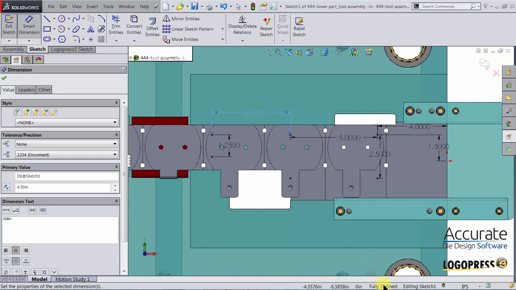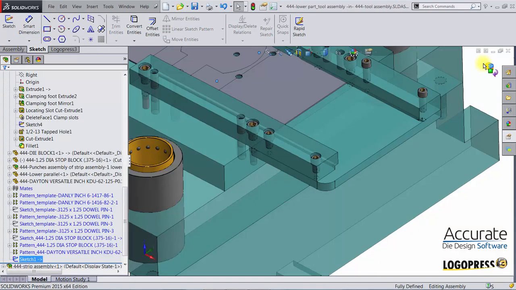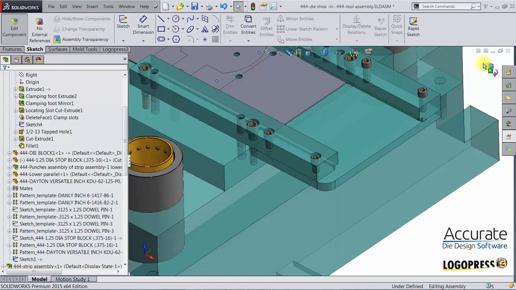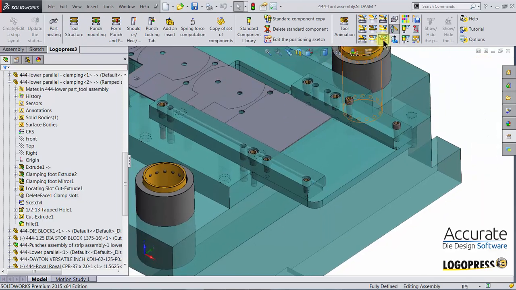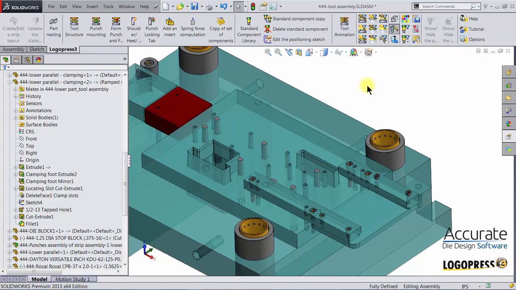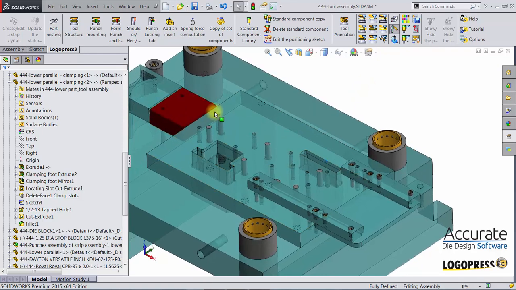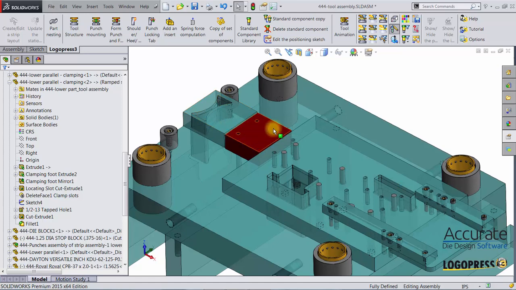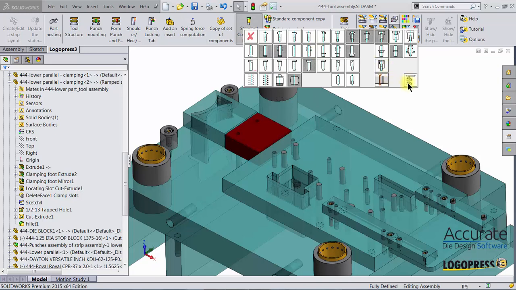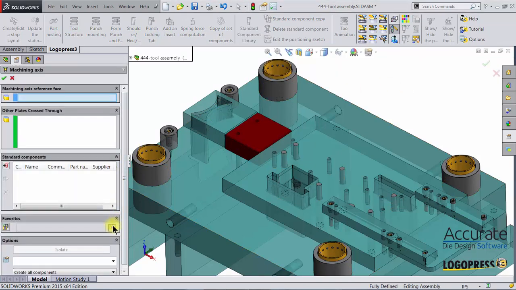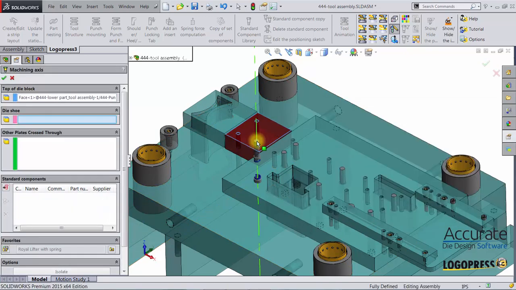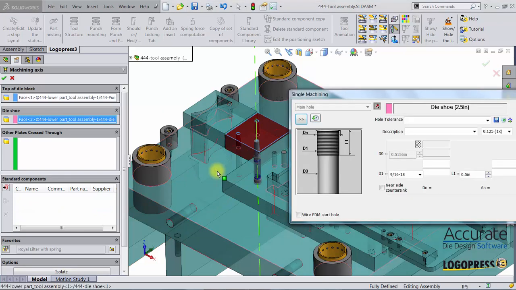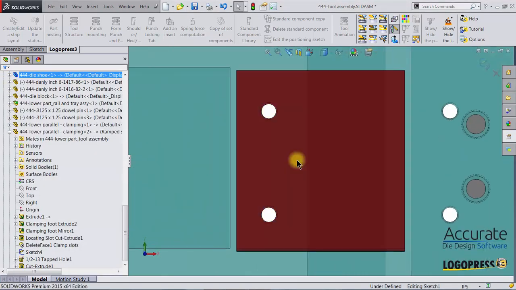The sketch is fully defined, so I can just exit out of the sketch. And the lifter pins are placed, as you can see. I will then place 2 lifter pins into this form block. Again, I'll go to Standard Component Library, Machining Axis, select my favorite, roll lifter with spring, top of die block, right there, die shoe right there, click OK, places me into a sketch,